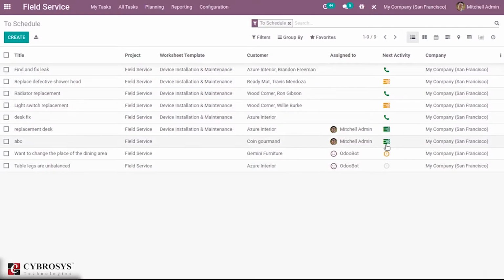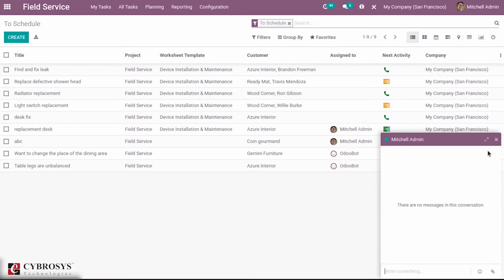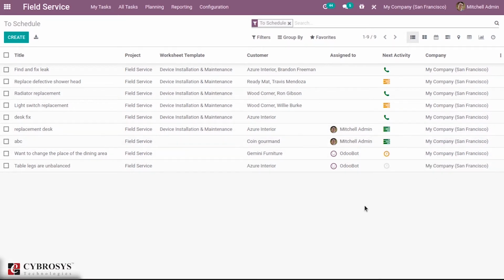Multiple activities can be scheduled for a task. Then you can see the avatar user widget along with the person assigned, so chats or conversations can be made with the user. We have done a video on the avatar user widget in Odoo 14, so you can check the link above to know about it.